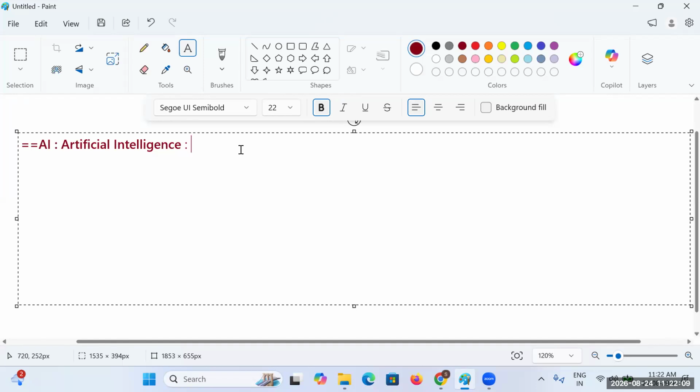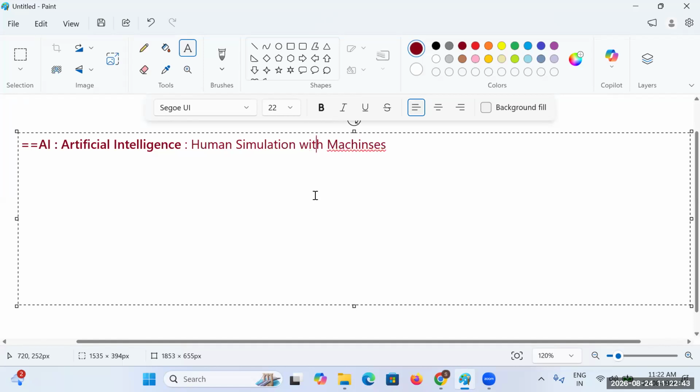The general meaning or definition of AI, we can say, is human simulation with machines.